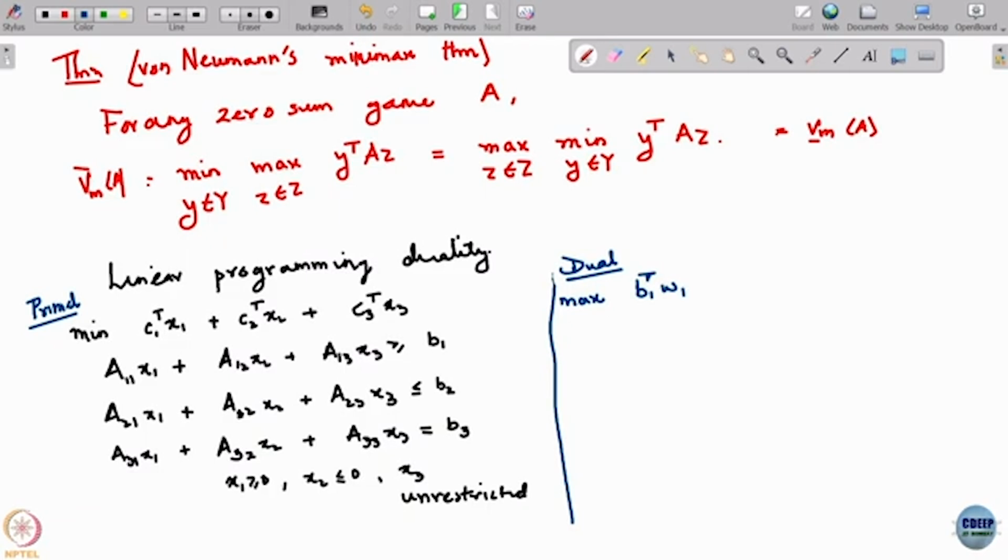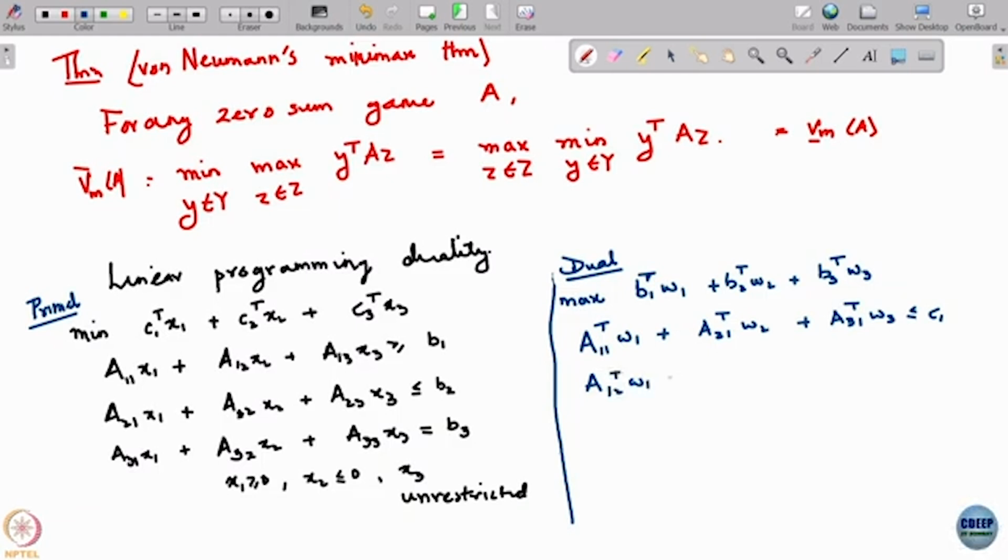So, you are maximizing b1 transpose w1 plus b2 transpose w2 plus b3 transpose w3, and the constraints are that you have a11 transpose w1 plus a21 transpose w2 plus a31 transpose w3 is less than equal to c1,